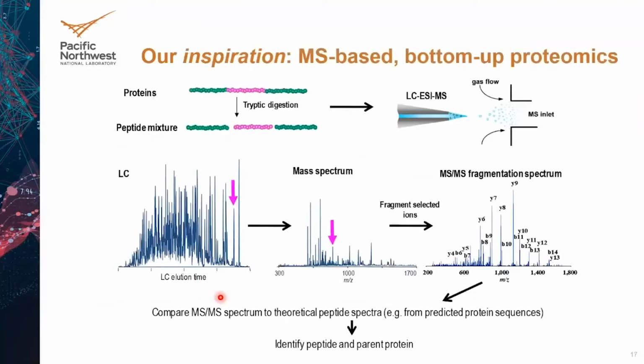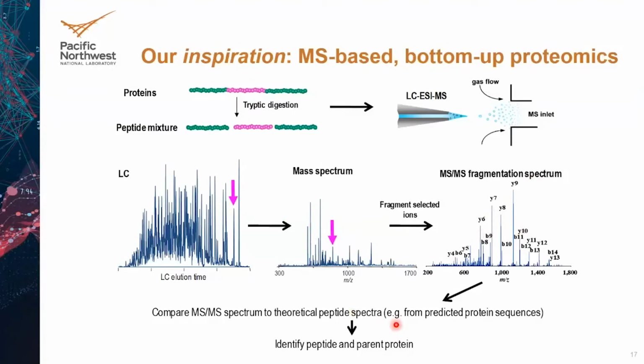So for me personally, the inspiration came from proteomics. You may or may not be familiar with it, and so if you're not, I'll provide a little bit of background using this cartoon. We take proteins, we proteolytically digest these with an enzyme. Usually we use trypsin because it puts them in pieces that are very amenable for a reverse phase liquid chromatography separation, and also nice size for tandem mass spectrometry. So we perform separations just like what we do with metabolomics. We perform MS-MS just like what we do with metabolomics. But peptides fragment very, very characteristically, so that it allows us to predict what they should look like, and then makes identification comparatively easy